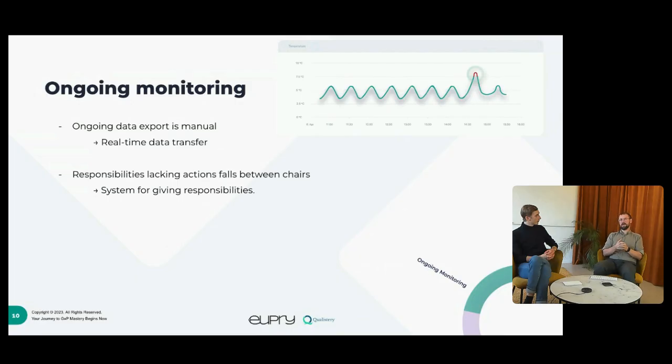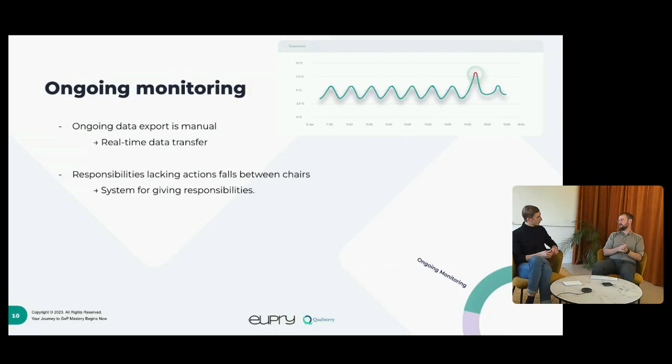What we mean by that is, is there a clear indication of who has the responsibility for every single unit and what should they do? And sometimes with a misconfiguration of a system or simply a system that does not really allow it, actions